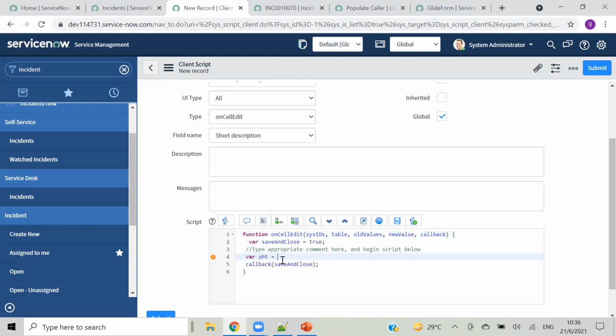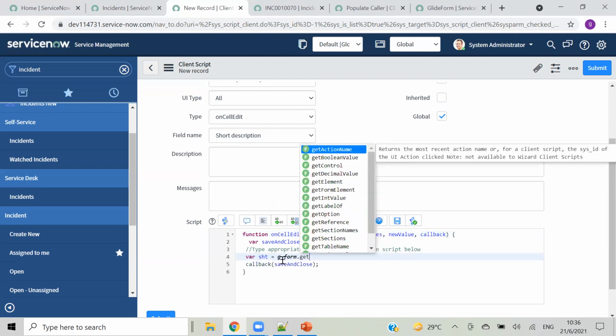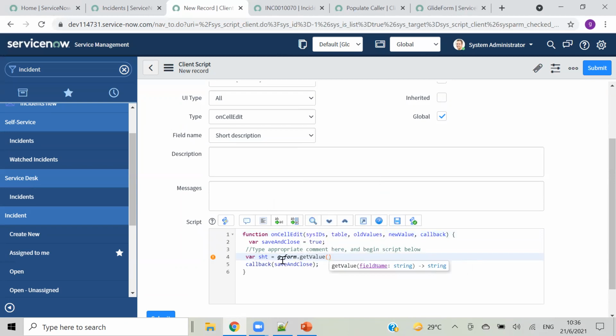Okay. So here, sst is equal to g_form.getValue of short_description. So we can get value from here.